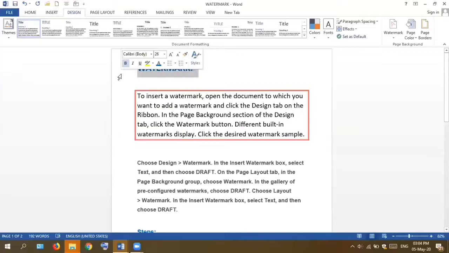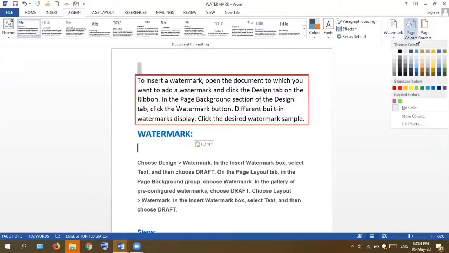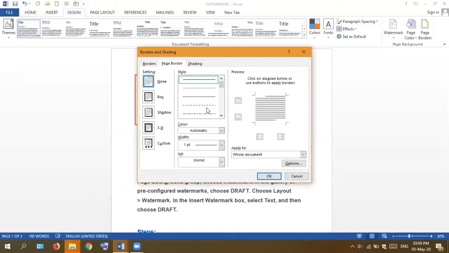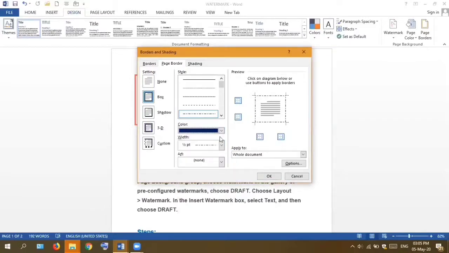I will click on the page and then I will go for page border. So again, I will go for page border. Sorry, I will select anyone. Let's say I select dotted, then color. I choose blue color. I can change width.